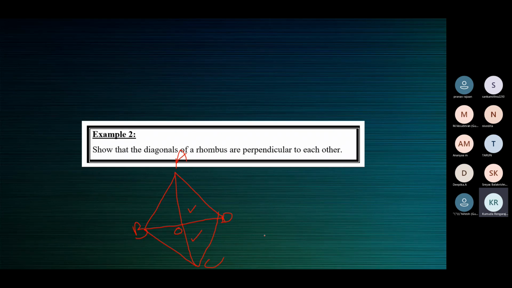So as Hitesh rightly said, in a rhombus all the sides are equal. So in triangle AOD, AD is equal to CD. Let me not make it too complicated. AD is equal to CD as he rightly said. Very good. And Pranav said DO is the common side. Then one more, children. One more equality.